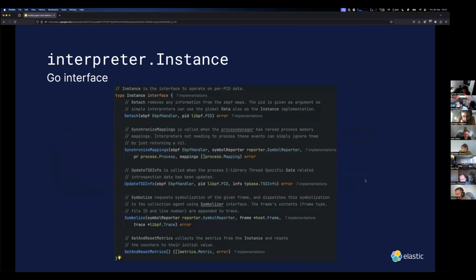For every single process that has this interpreter loaded, there's going to be an instance of that. It is responsible for maintaining all the per process maps that we have, essentially supporting the BPF code and providing it with all the information that it needs to unwind the code for this particular interpreter. In the case of, for example, Python, that's not going to be a lot of information. That might be a few struct offsets that have been statically determined. Usually there's not much